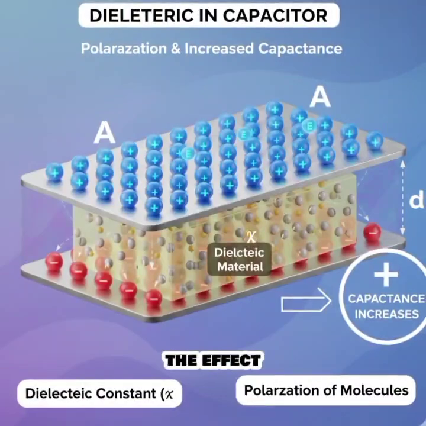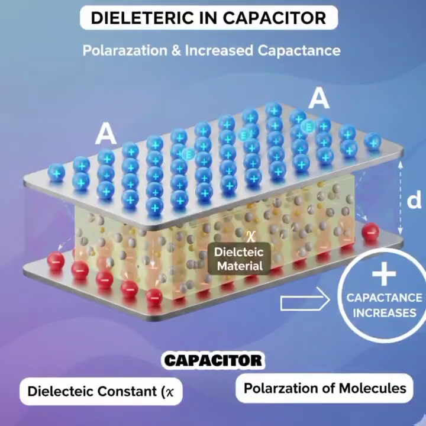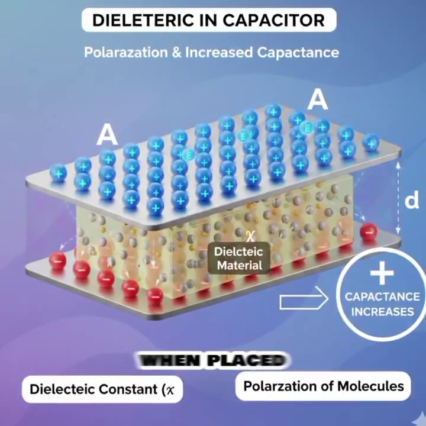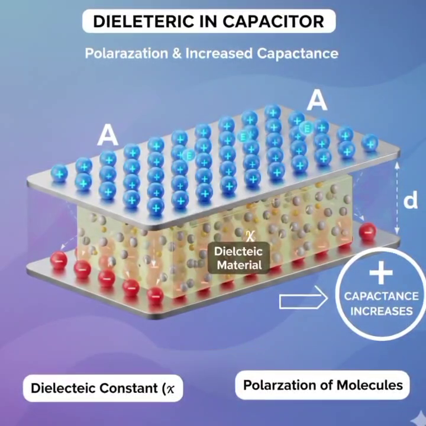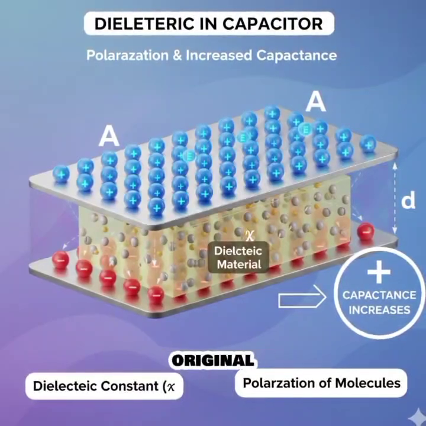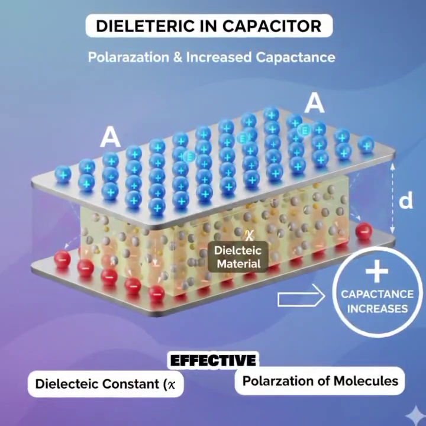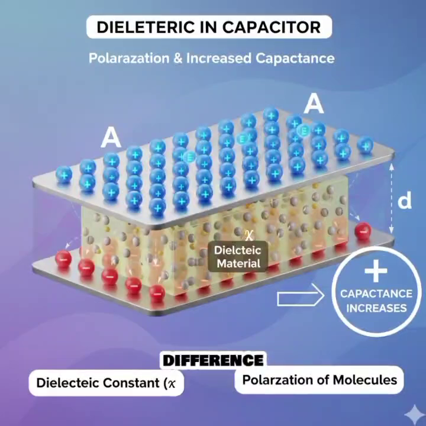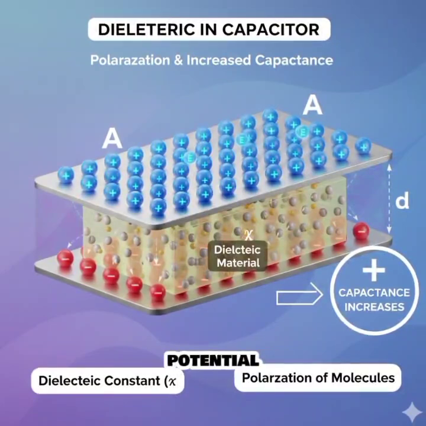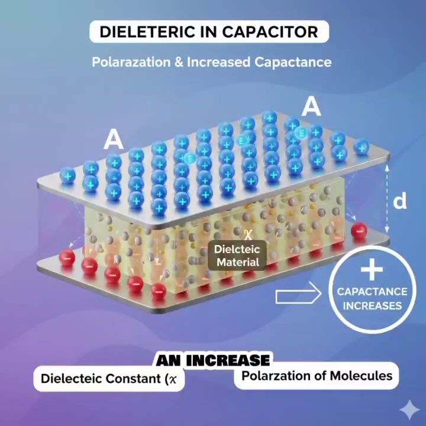Finally, consider the effect of inserting a dielectric material between the plates of a capacitor. A dielectric is an insulating material that becomes polarized when placed in an electric field. This polarization produces an internal electric field that opposes the original field between the plates. As a result, the effective electric field and potential difference are reduced. Since capacitance is defined as charge divided by potential difference, a decrease in potential difference results in an increase in